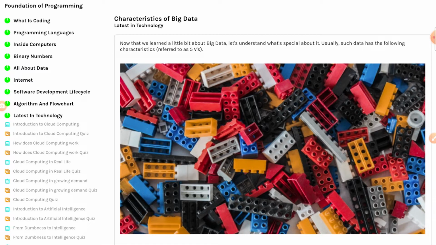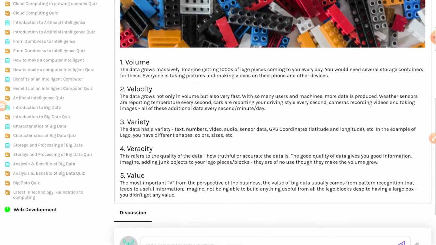As you can see in this picture, we have a bucket full of Lego blocks. We have different colors of blocks, different types of pieces. You can see here it looks like a wheel, a different block here, a different block here. We have a variety of blocks here, right? So think of it when you have a lot of data. Imagine that it's one or more buckets of Lego blocks. Now, how do you know that this is good data? There are 5 parameters on which we measure